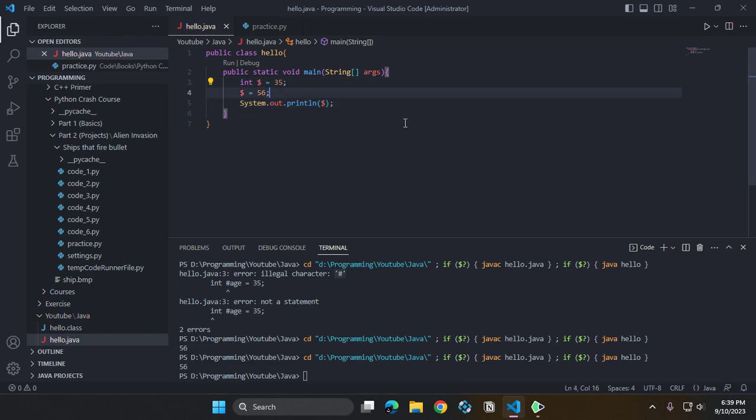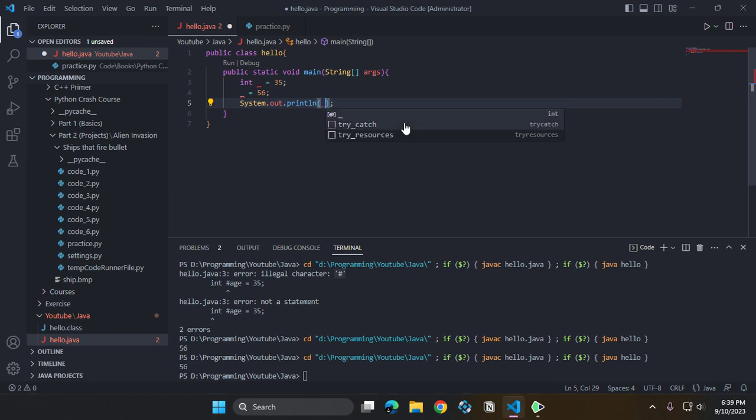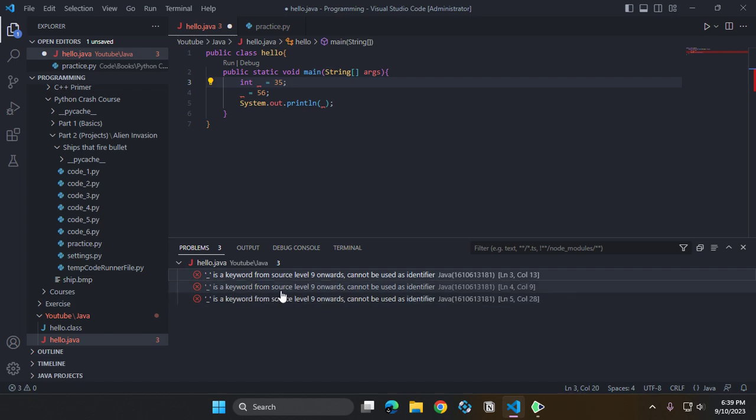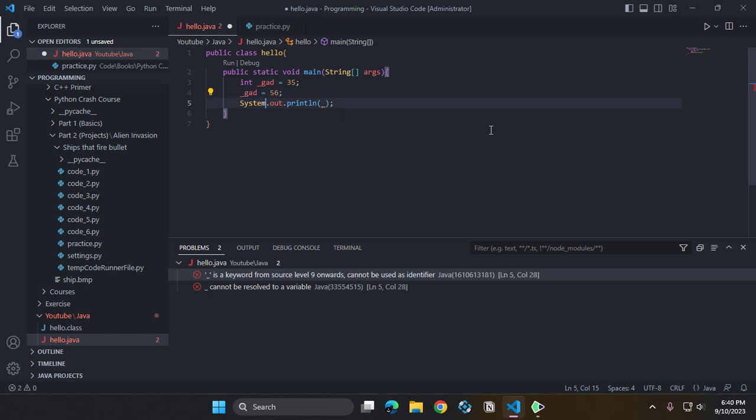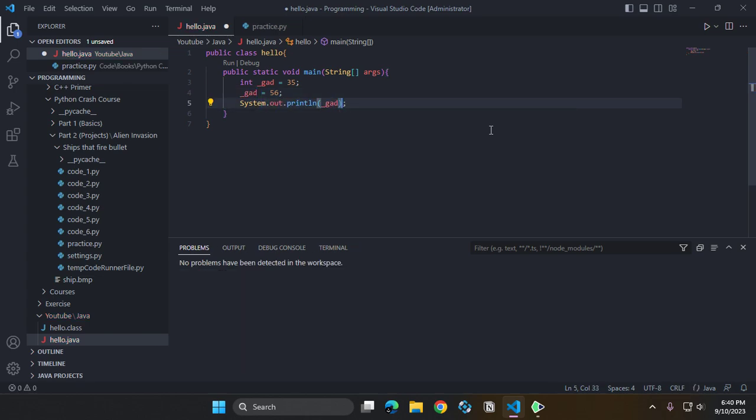Look, code runs, 56, as well as the underscore is also a valid variable. A keyword from source level 9 cannot be used, so we have to use some other word or it will not be recognized as a valid identifier. So you can start with an underscore